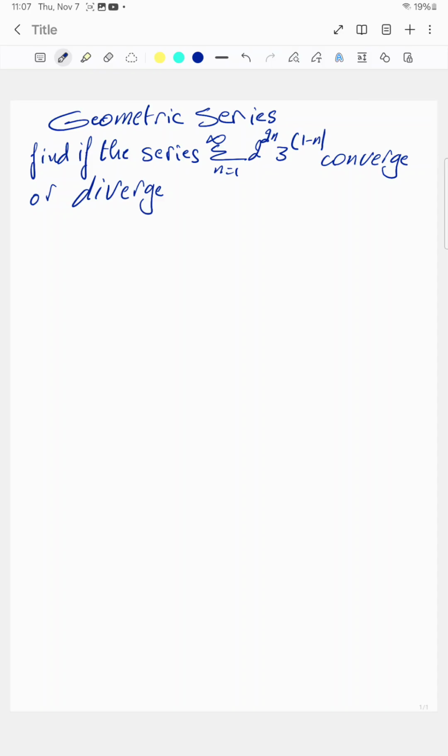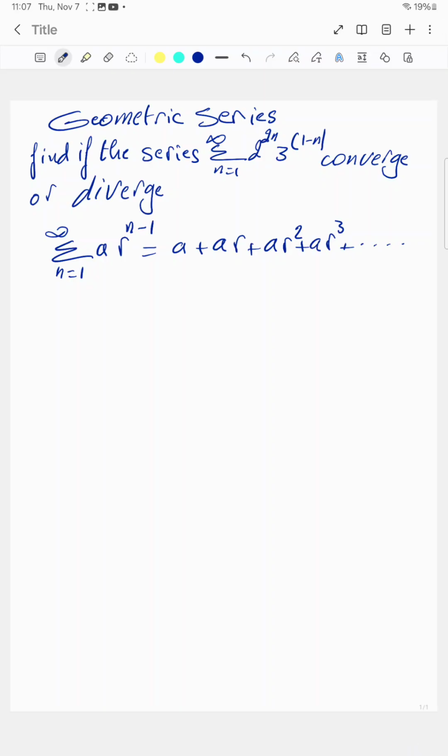A geometric series looks like this: the sum from n equals 1 to infinity of a times r to the power n minus 1. And that series is equal to a plus a times r plus a times r squared plus a times r to the power of 3, and so on. So for that series,